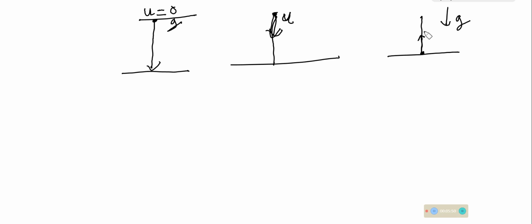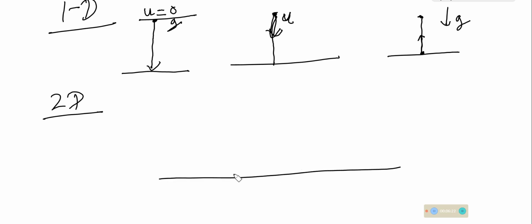So first the velocity decreases and then it will come to rest at some height h, and then it will again accelerate in the direction of gravity, and this will also be a 1D motion. Okay, so these are the three cases for 1D, and for 2D